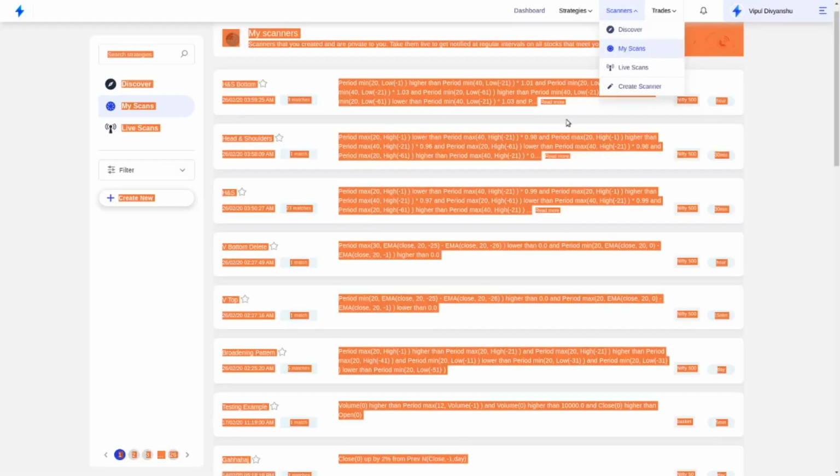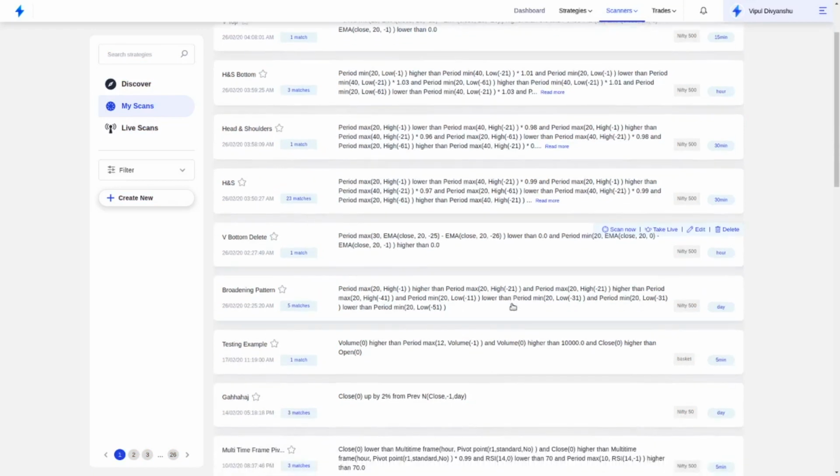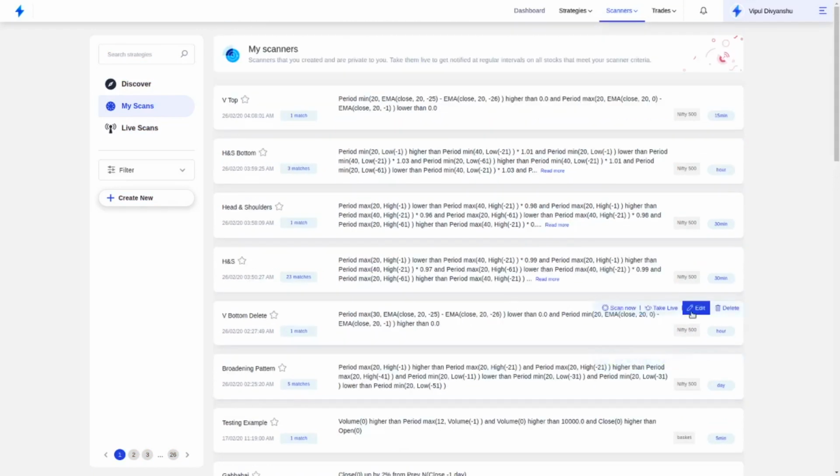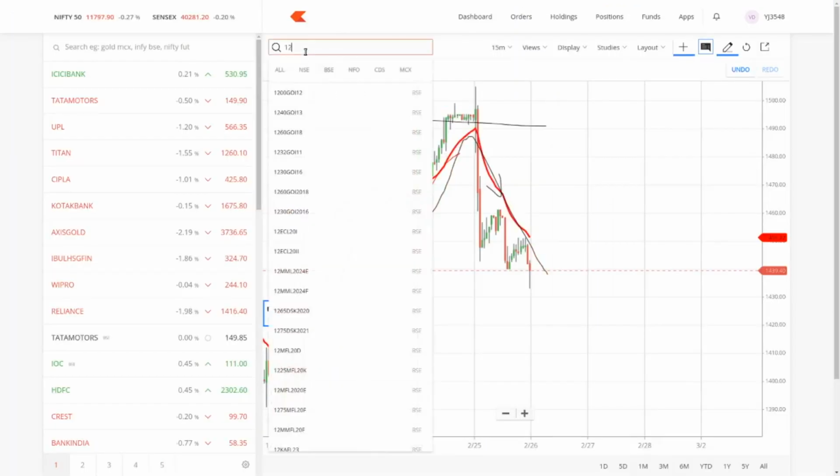Now let me take you to V bottom. So this is V bottom. It's the same thing, it's just that I'm now saying that earlier the line should have been falling, that's why lower than 0, period max and lower than 0. Now in the recent candles that have come, in the latest 20 candles, the trend should be rising, right? So if I just run this scan, I get End Hotel. Let me just open End Hotel,